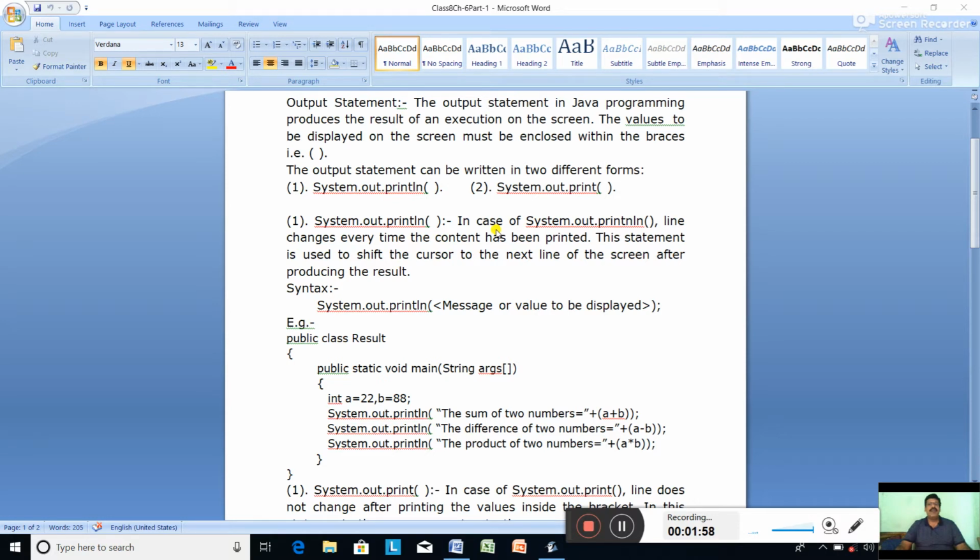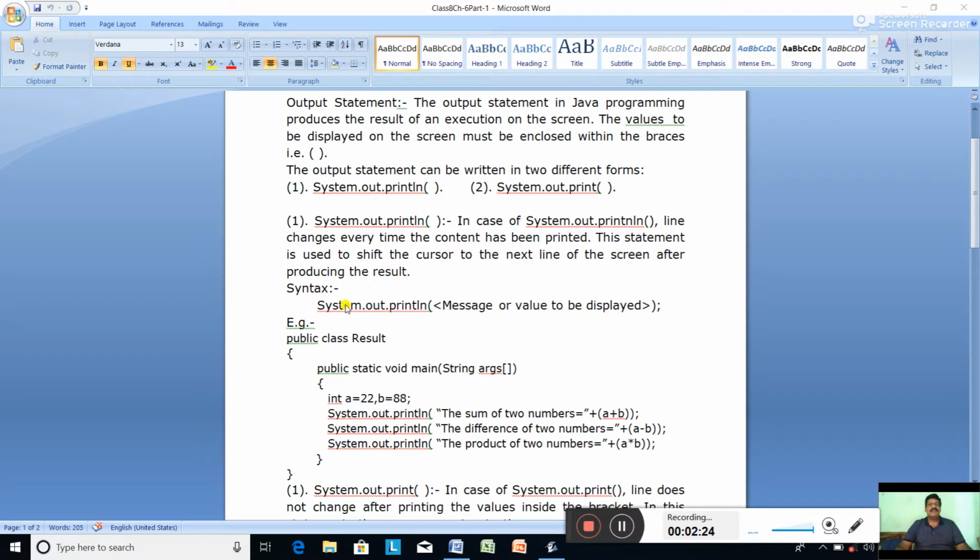Suppose we have 5 System.out.println statements in one program, then after printing the first line, it will change the line, the second line, change the line, it will print the third one and change the line. And that's why this statement is used to shift the cursor to the next line of the screen after producing the result. So this is the System.out.println.